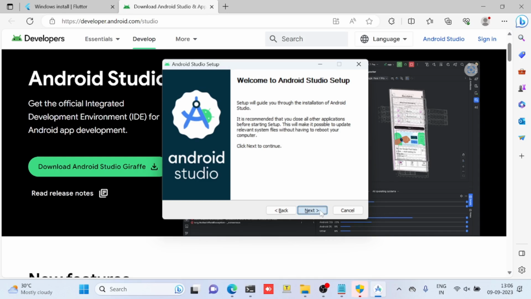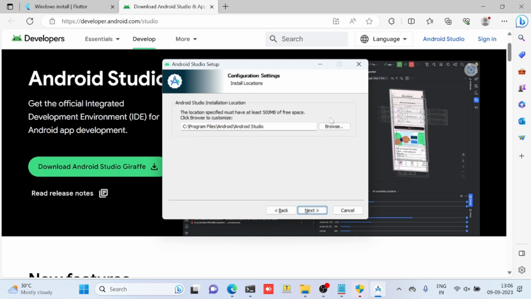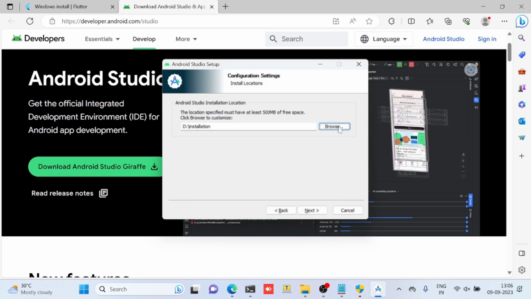Click on the next button. You just need to go with the default settings. And we change the directory here. Go with This PC, Local Disk D. I want every package and every file that is installed to be in the same directory, so that it is good for